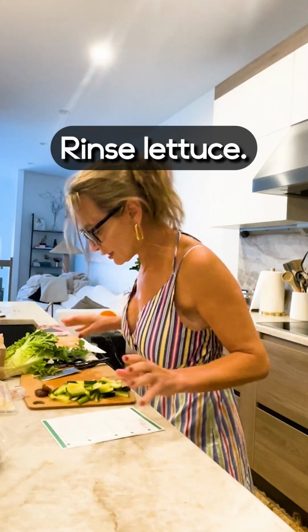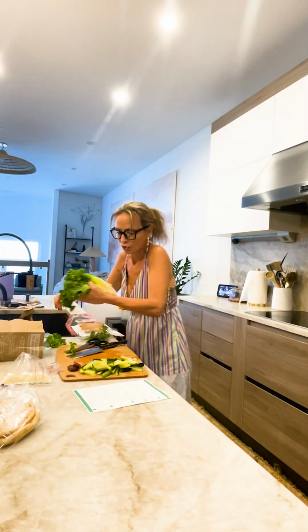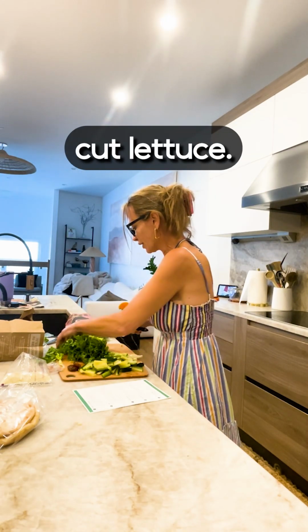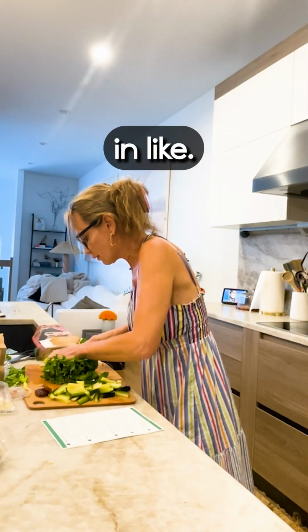Let's see, that's good. Rinse lettuce. All right, rinse the lettuce. It's usually clean. Perfect. I probably don't have to look at the directions on how to cut lettuce, but I can. All right. Doing this, and then we're just gonna make it in like,